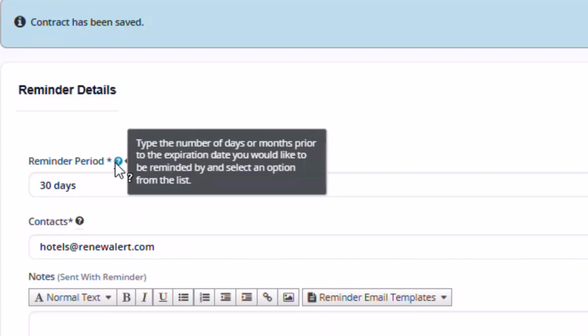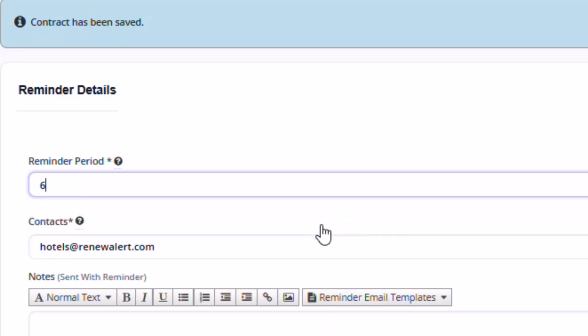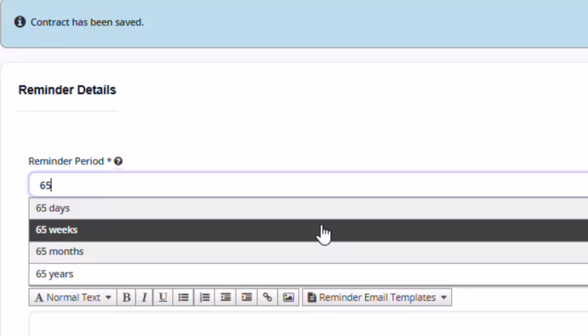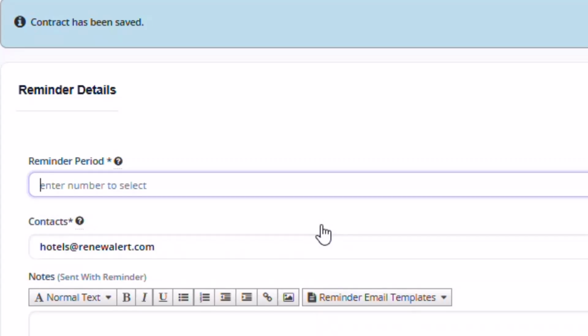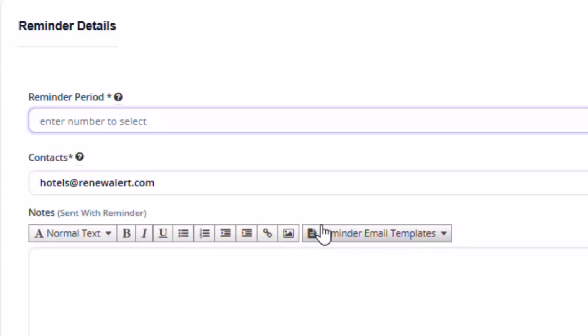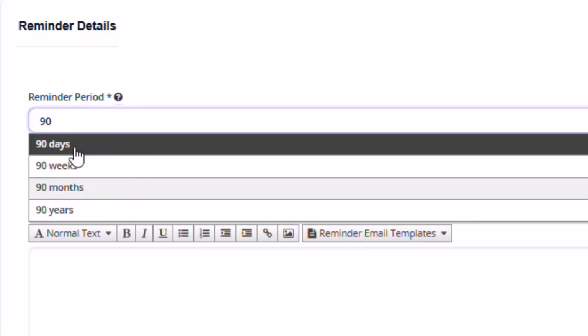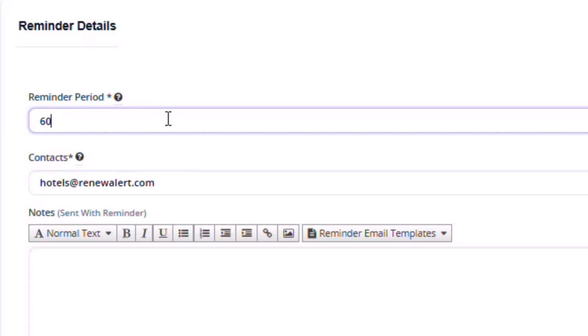Reminder period: this is where you enter when, prior to the expiration date of the task, subscription, or reminder, you want your reminder emails to be sent out. This is a very flexible section. For example, if you have a liquor license expiring, you might want 90 days advance notice to gather any required documentation to initiate and complete the renewal process. For annual fire safety inspections, you may need 60 days advance notice to coordinate with the inspector and properly prepare